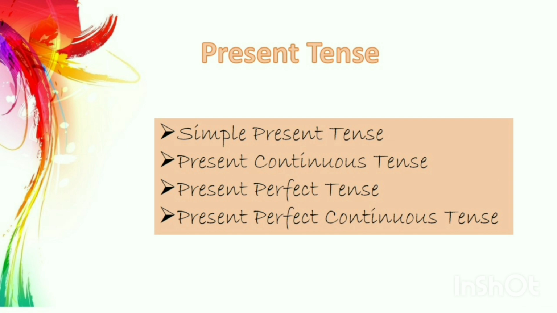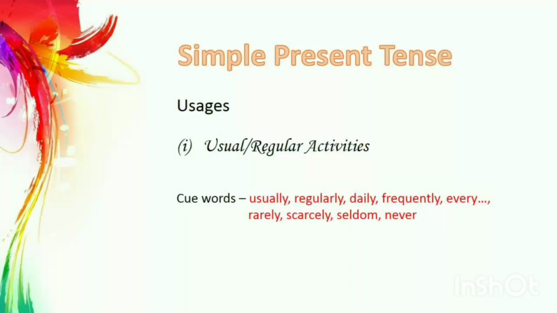Present tense has four forms: simple present tense, present continuous tense, present perfect tense, present perfect continuous tense. Here we start with the usage of simple present tense. The simple present tense is mainly used to express usual or regular activities. The keywords may be usually, regularly, daily, frequently, that is every day, every month, every year, and so on, rarely,